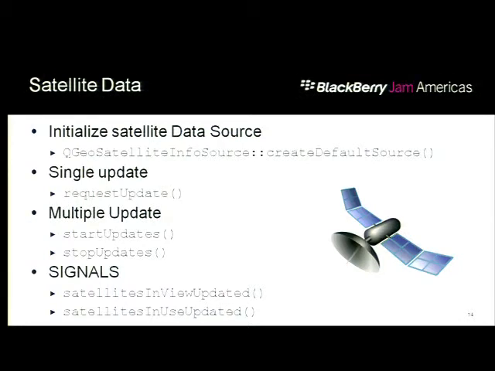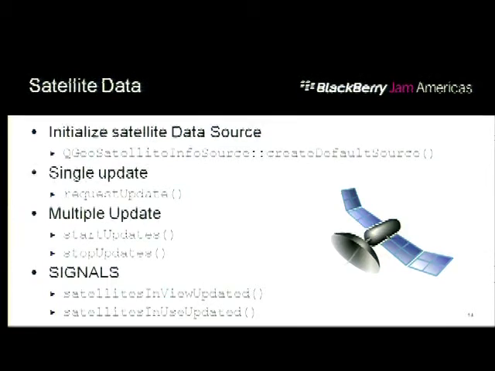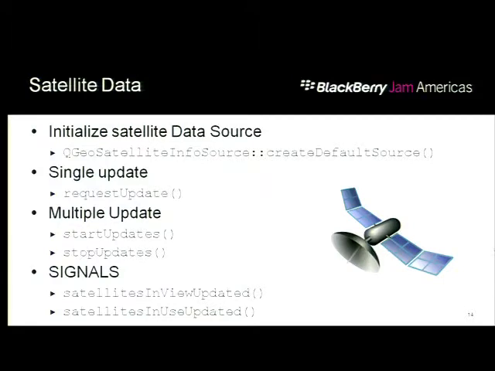Now, that pretty much wraps up the location APIs. I hope it satisfies most of your use cases or all of your use cases. But for some applications, it's important to get satellite information. Not all applications need it, but some do. You can get a snapshot of the sky and tell exactly where the satellites are located relative to your device's